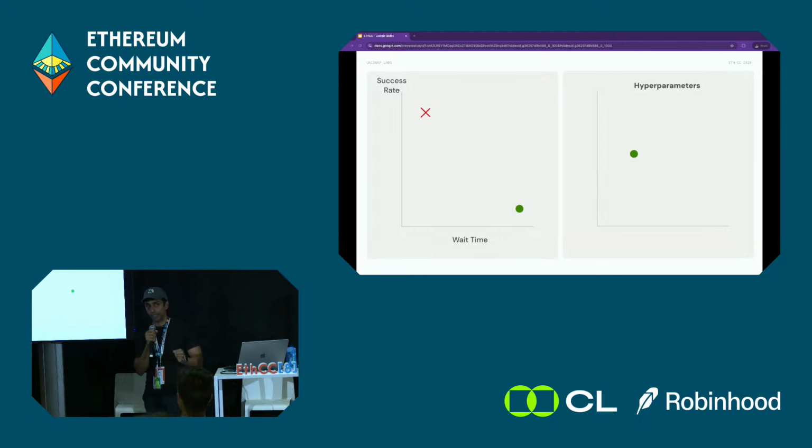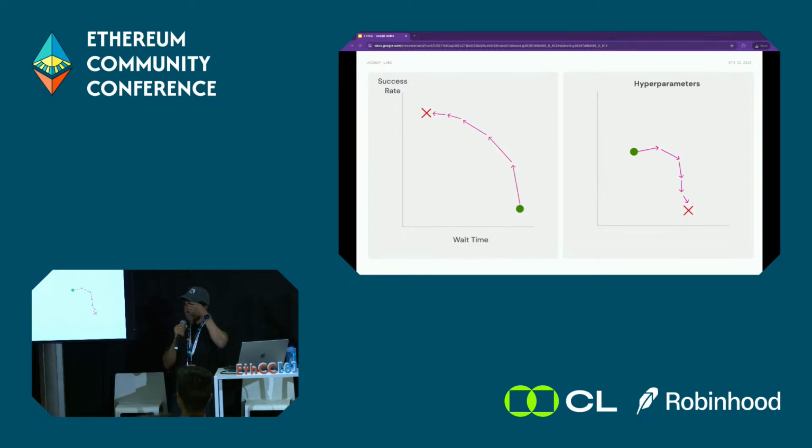And this is where stochastic gradient descent can be used. The idea is that by using gradient descent, every time we run an auction, we can look at the feedback on the right-hand side and walk on the left-hand side toward the target success rate and wait time. So this is what it would look like. Say I want to run 50 auctions, and at the end of those 50 auctions, I measure the average wait time and the average fill rate, and I can use that to update my parameters so that the next time I get closer to my target wait time and my target success rate.